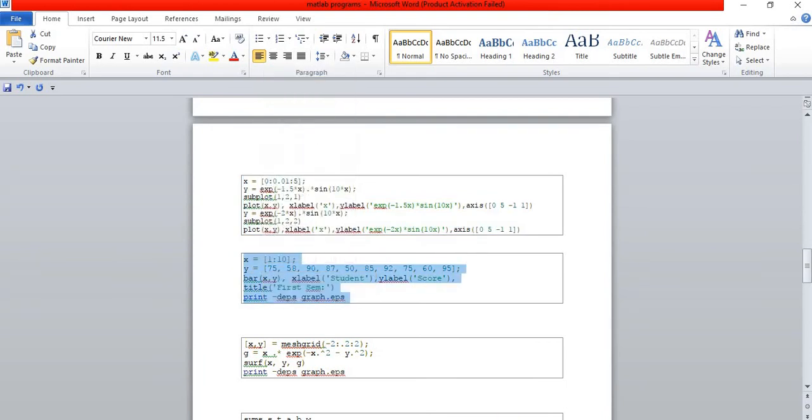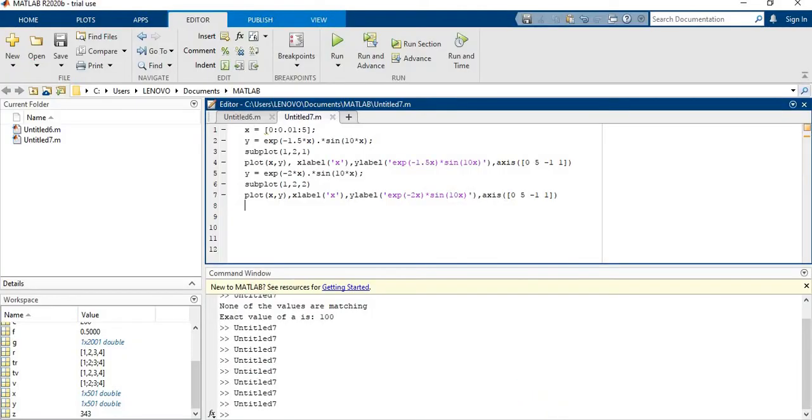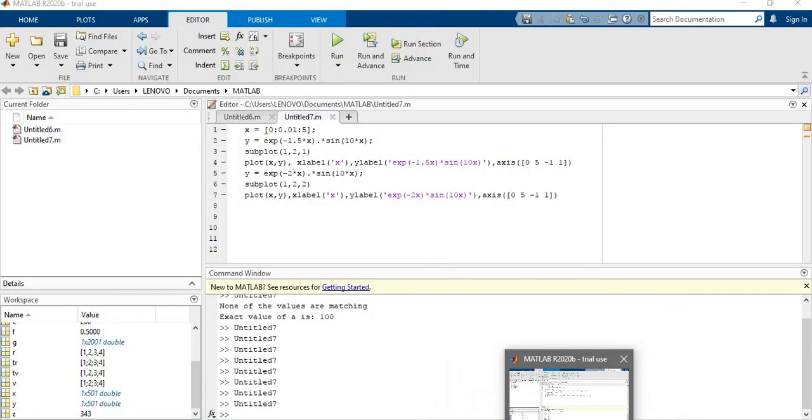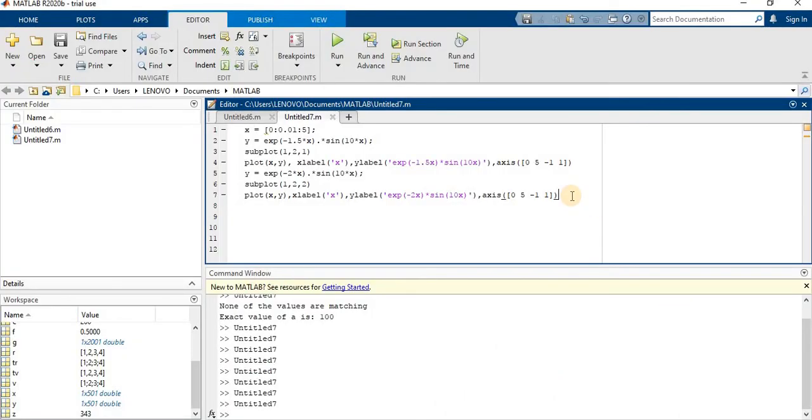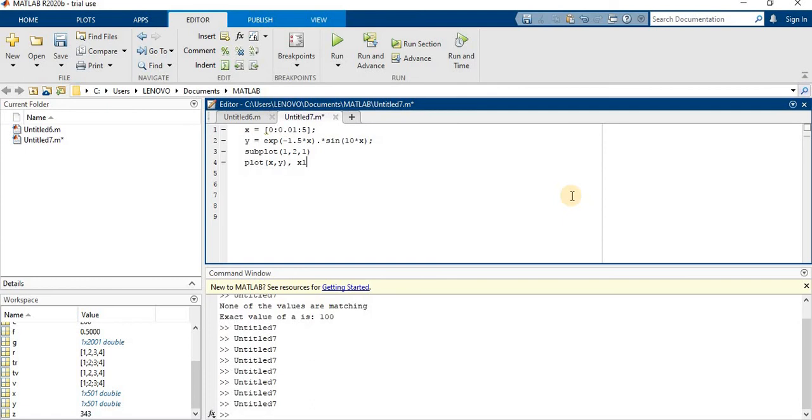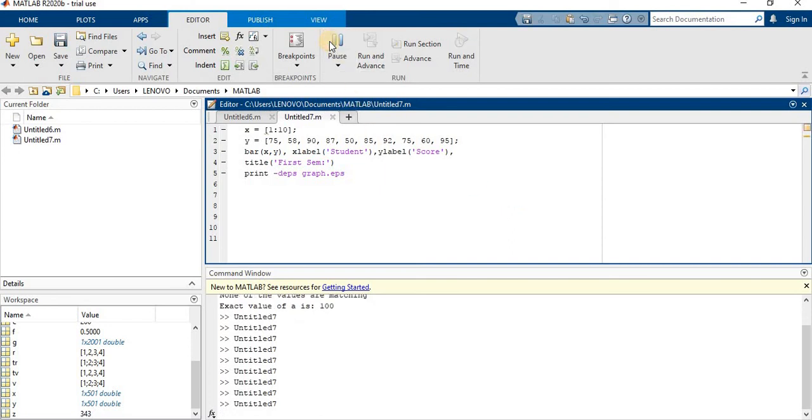So I am just copying this program. After that, see here, I will remove this entire thing that we had done in the previous one. After that I will paste and save. So I will run.